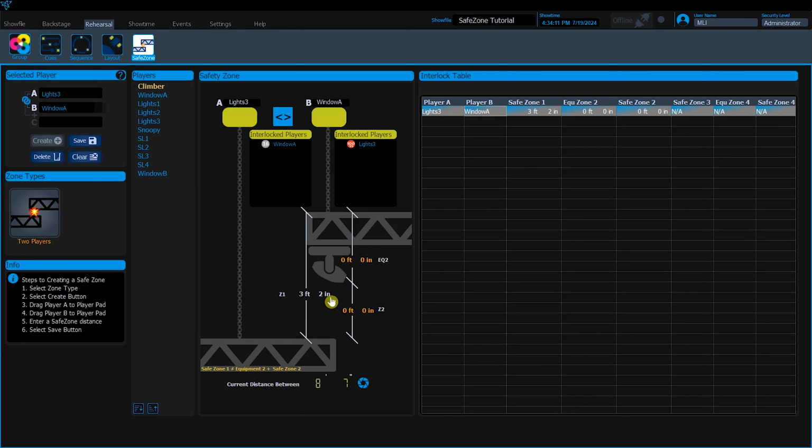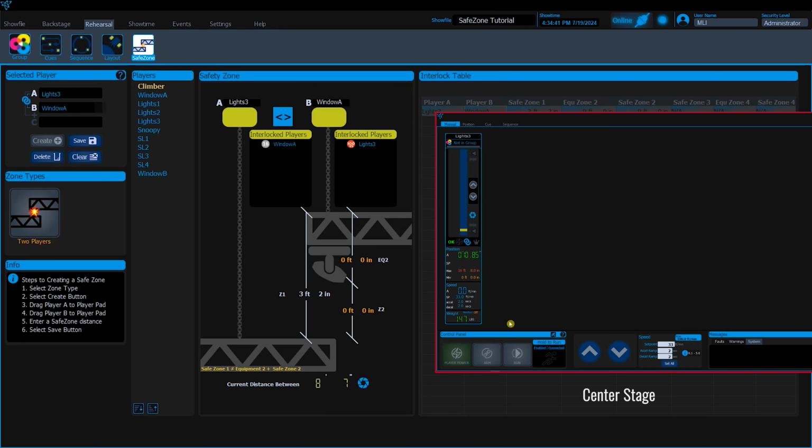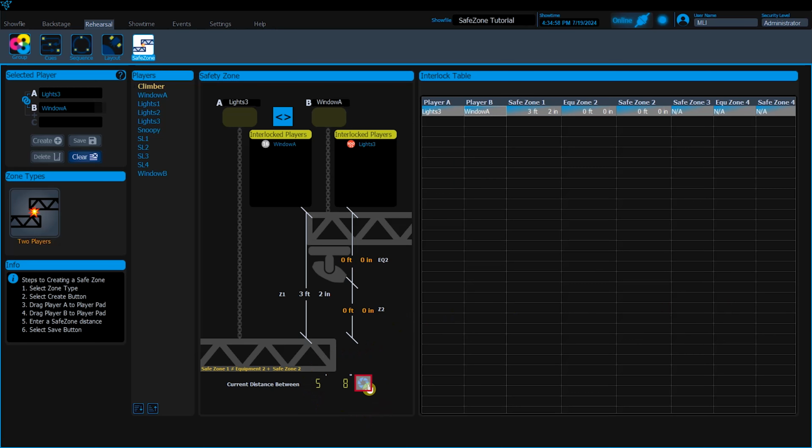If you don't know the exact distance that two structures can safely be located to one another, the easiest way is to place TALOS in manual mode and manually move each player within a close proximity of each other, and select the Snapshot button, which will set the safe zone distance Z1 to the current distance between the two players. If you want it to be less than the current distance, you can use the keyboard to manually edit this